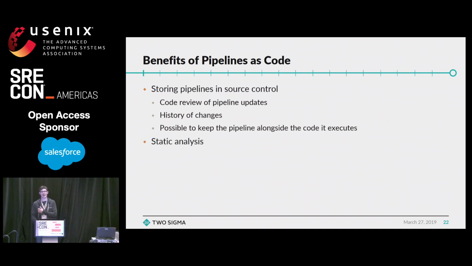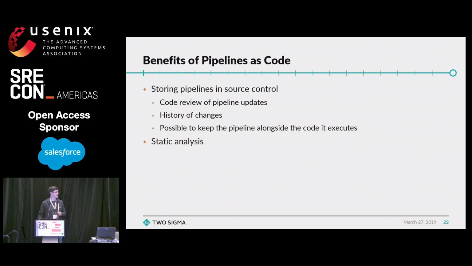This also gives us access to static analysis of our pipelines. We can actually enforce standards or other rules on our pipelines. Things like every pipeline must have an owner. Every pipeline has to have a description or links to other documentation. It's going to increase the overall quality of our pipelines. It's also going to help standardize what a pipeline looks like across our